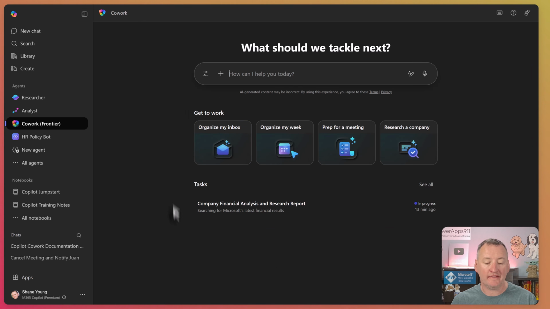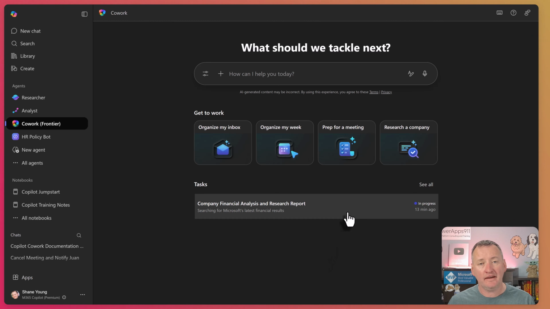Now, the first time I tried this, I was getting a bunch of gray bars down here at the bottom. Apparently if that happens, the agent's still not working right in your tenant. I think they maybe worked out the bugs, because it didn't work for the first 2 days for me, but today it looks good. So now the idea of Cowork is that we can have it go and do tasks for us,